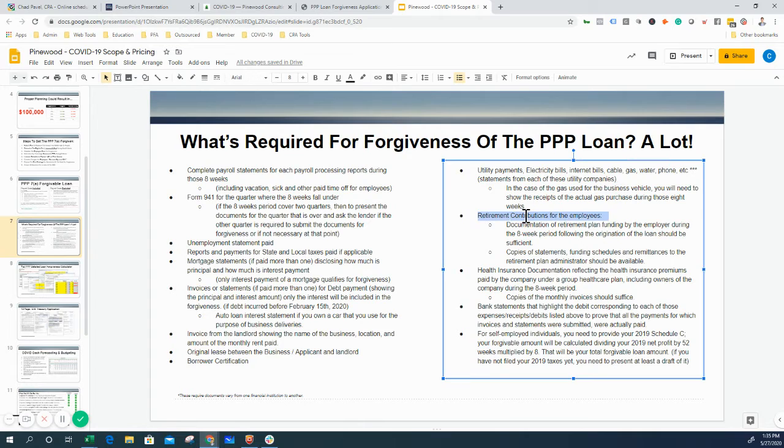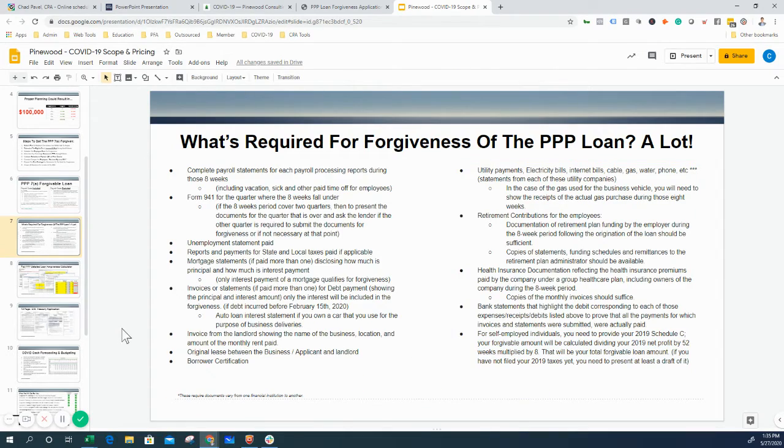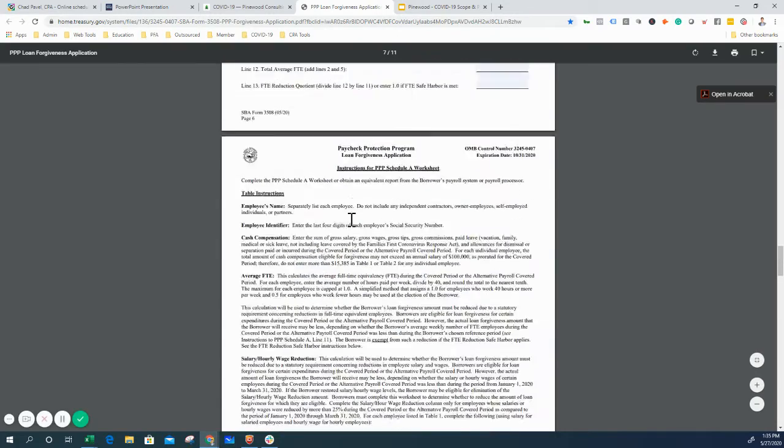There are retirement contributions. So we'll need your third-party statements if you're making matching contributions to 401k or other retirement plans. If you're paying utilities, you'll need those bills and receipts. Health insurance documentation, we'll need bank statements, and also need to look at your tax return if you're self-employed. So there's a number of documents in addition to the 11-page application that you will have to submit to get